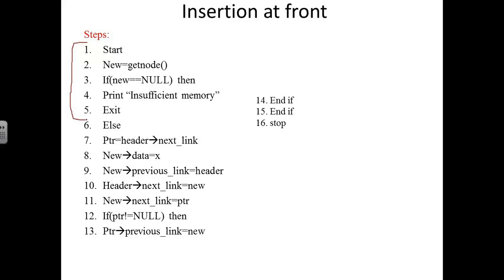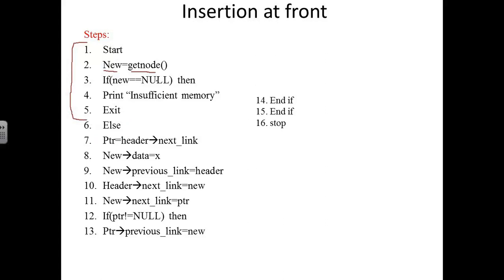Another point we need to remember is, whenever we are going to insert or create a new node, the first thing we need to do is allocate the memory for that particular node. For allocating the memory, we will be calling a function called getNode. Can you remember, in yesterday's class for single linked list, I taught you this, right? So the getNode method will be called for allocating the memory for the new node, and the new node we will keep as new. If new is equal to null, then there is insufficient memory and we could not create the node. So these first 5 steps are common for all the insertion operations.